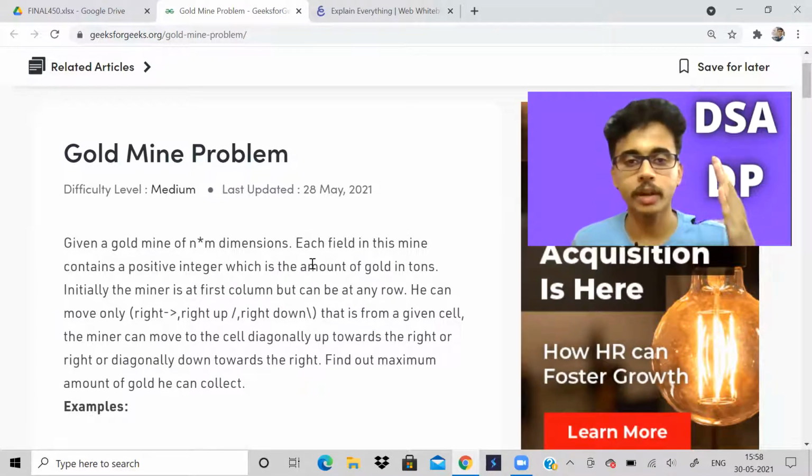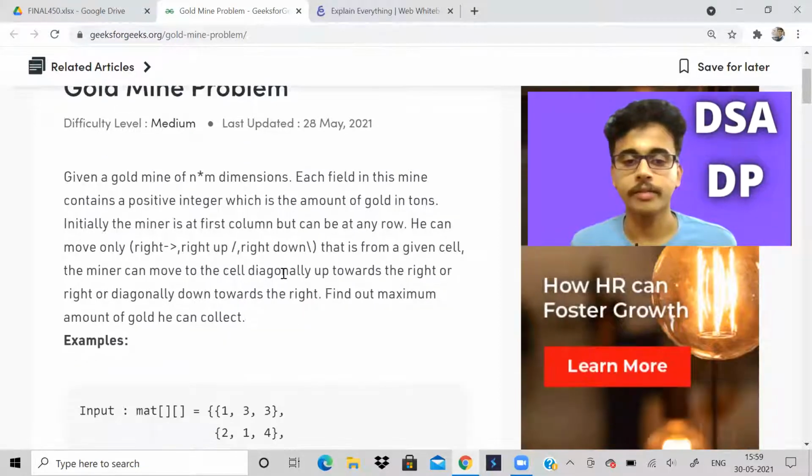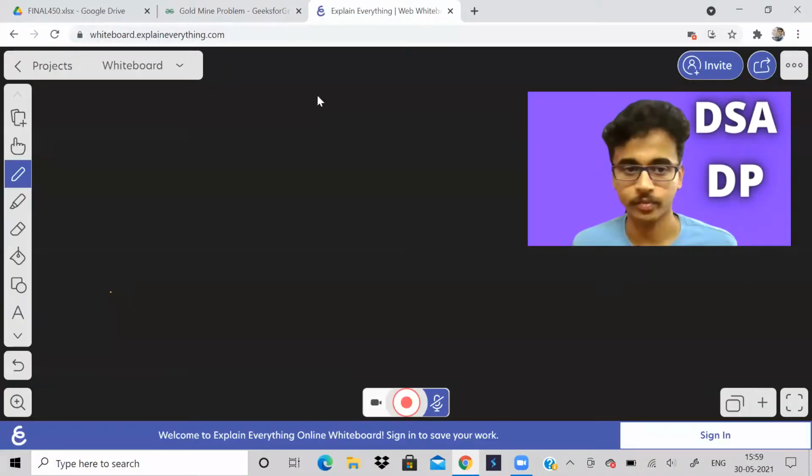You start from the first column, but any row, and you can do only three types of moves. First move is you can go to the right. Second type of move is you go right up. Third type of move is right down. And we have to find out the maximum amount of gold that we can collect.